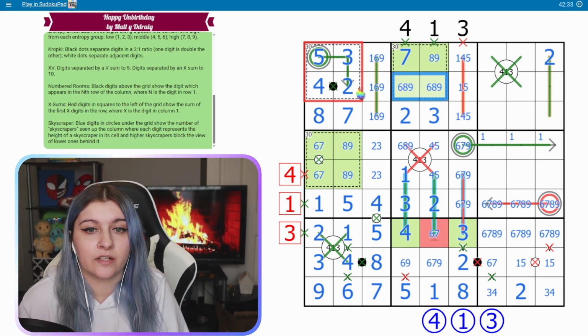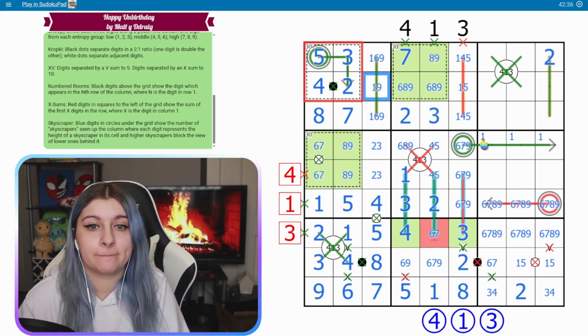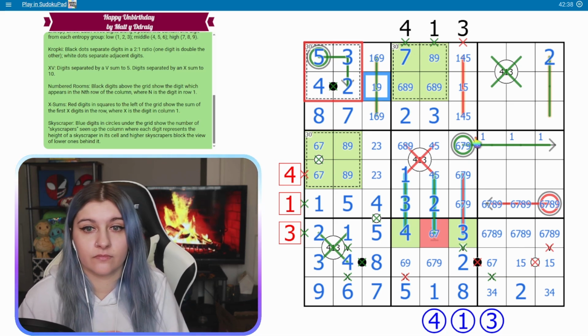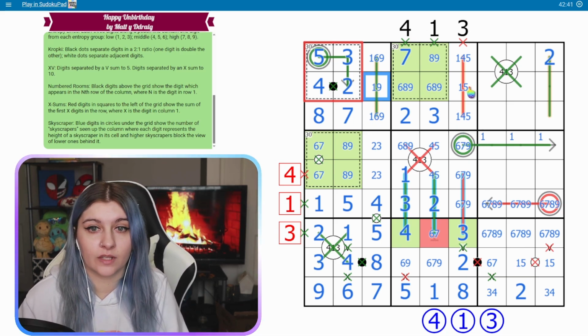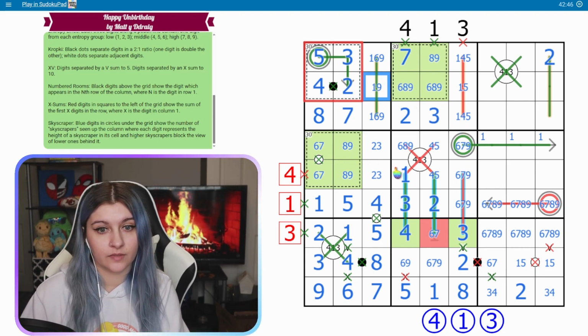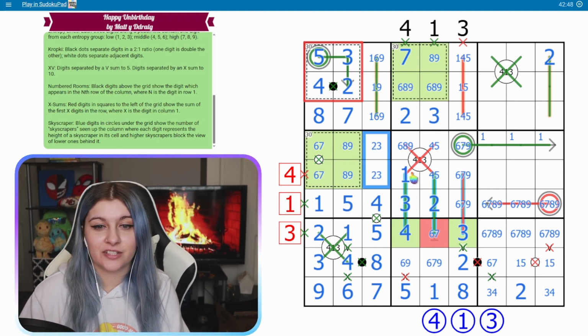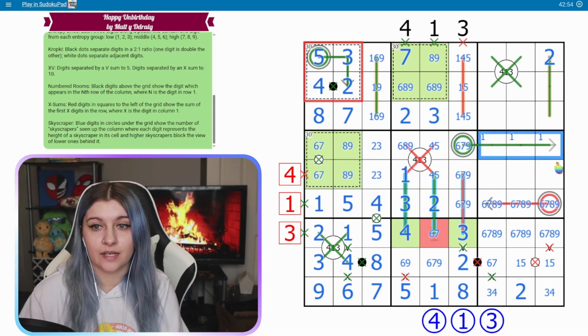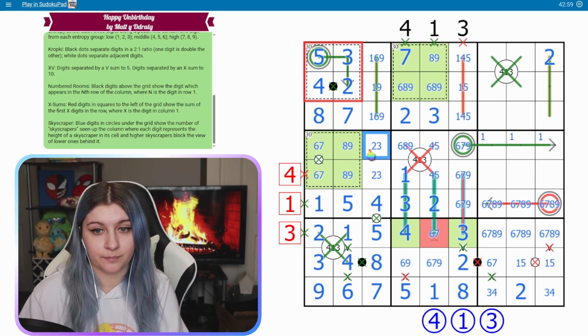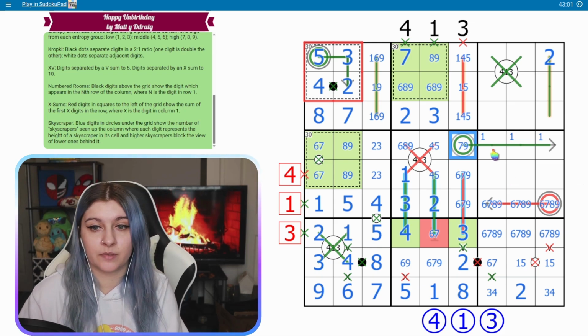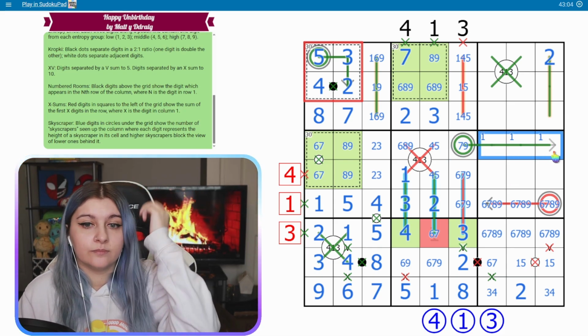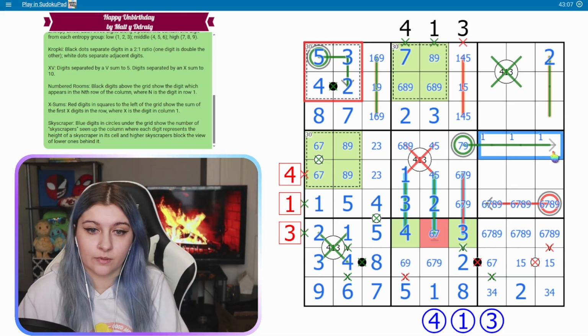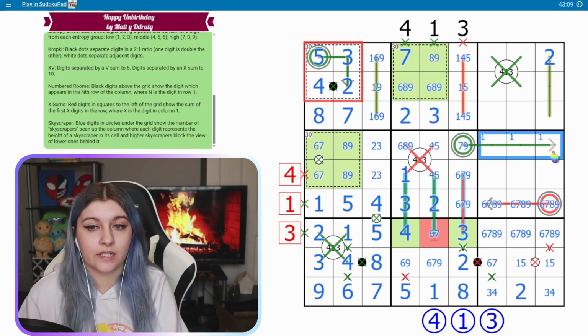1, 6, and 9, but I know 6 goes here. Ooh, okay. Noted. I don't know if I could do more with that right now. 2, 3. I don't know about here. If this is a 6, this is a 1, 2, 3. Is that possible? That would break this. I can't use both a 2 and a 3. So this can't be 6. If it was a 7, it'd be a 1, 2, 4. Looks possible. If this was a 9,